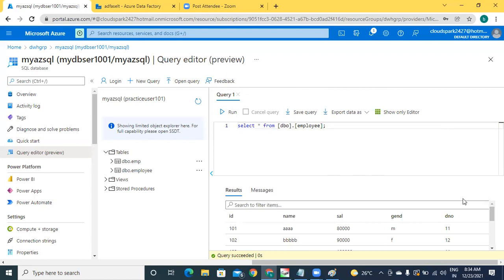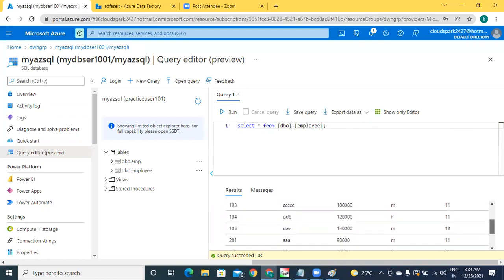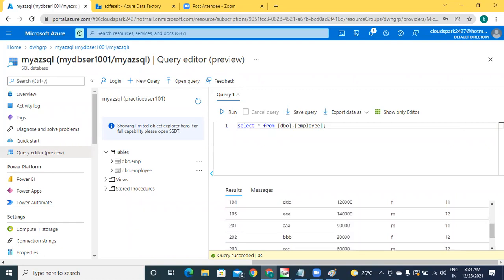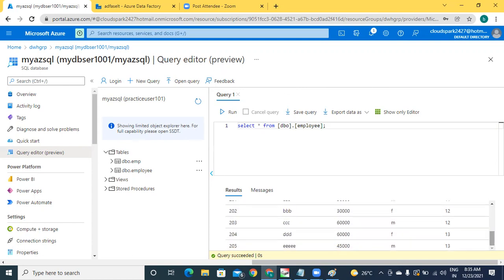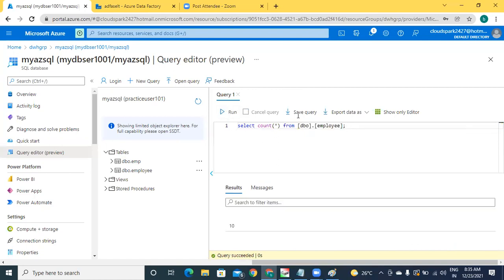All the rows have been loaded. 101, 102, 3, 4, 5. Up to 105, those are from first file. Remaining 201 onwards, those are from second file. All rows have been added. Got it. Just applying count. There are 10 rows. Got it.